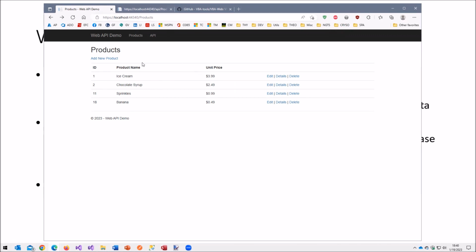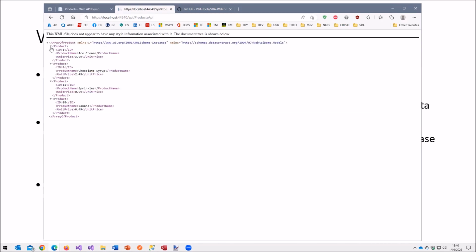And if we go, and I have 4 items here, if we go over to the XML data, you'll see that we have 4 products. So the data that's returned essentially schematically maps to the data that is in the underlying database. So in this case, I've got 1 product, 2 products, 3 products, 4 products. Each has an ID, each has a product's name, each has a unit price. And notice that the outer band is an array of product, or an array of type product.